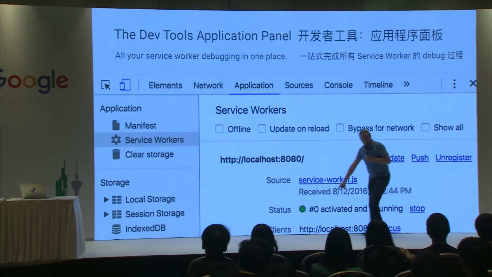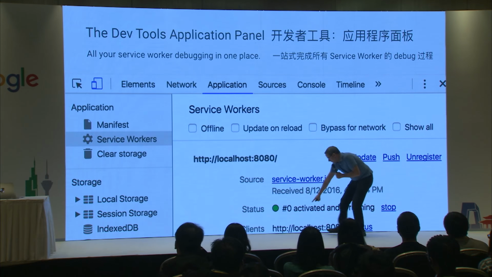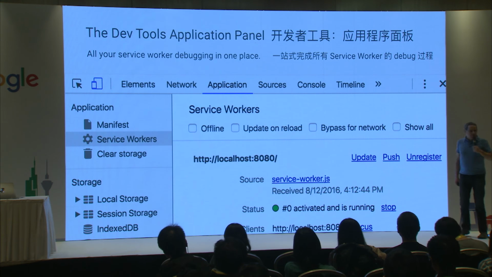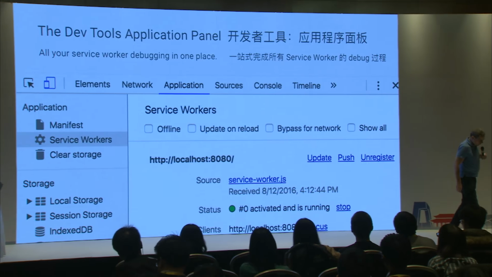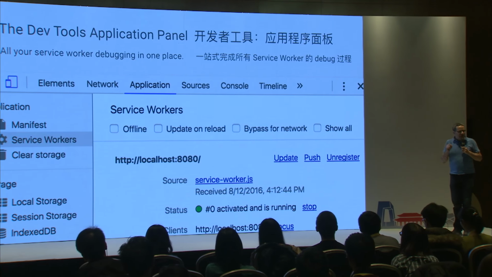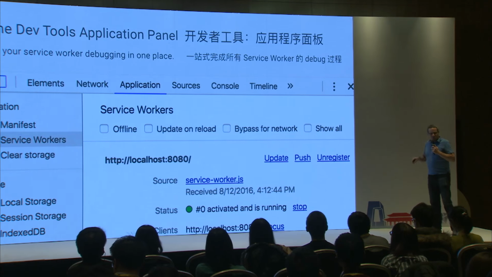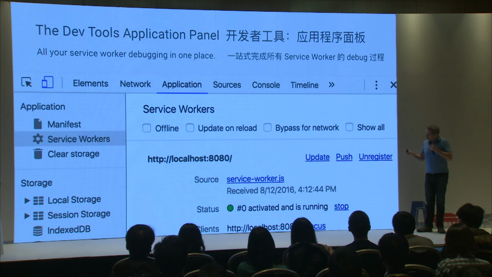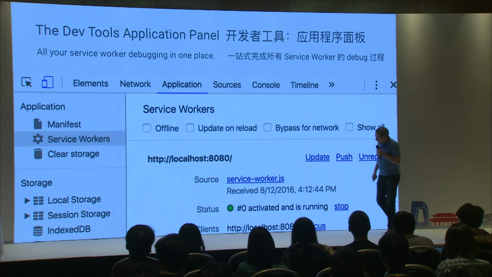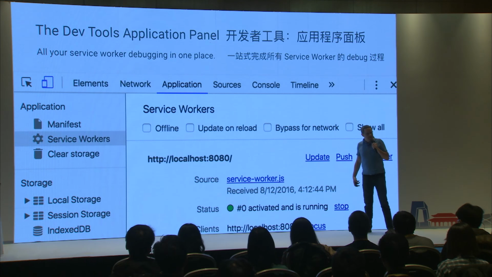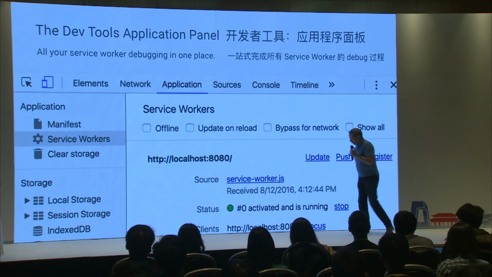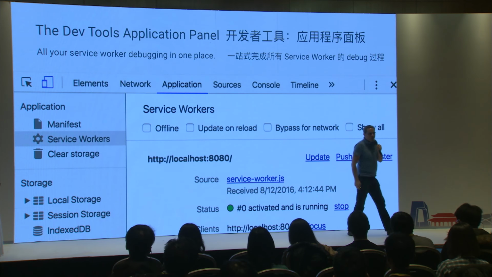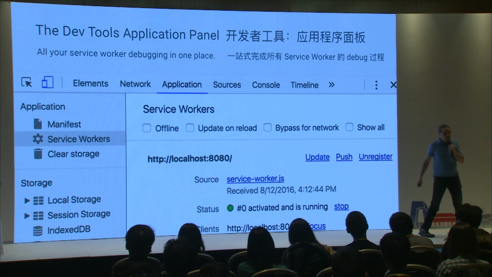But it tells us, here's this really big one. Service worker status 0, activated and is running, and there are no errors. That's a good sign. There's another really good one to keep an eye on when you're in the service worker panel, if you're looking at your service workers. If you refresh the page, and I'll show this in one sec, if you want to see if the service worker has updated, look at this number here. That number tells you what the ID of the service worker is.